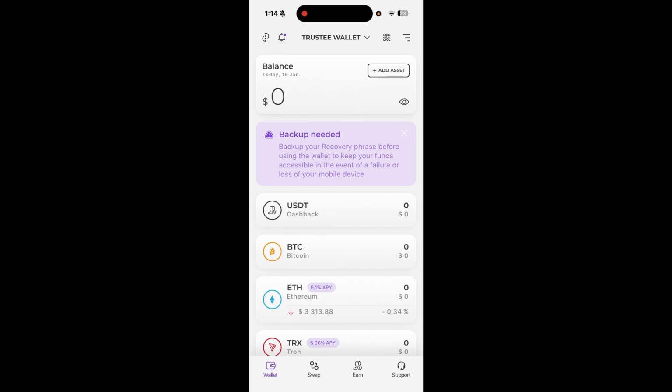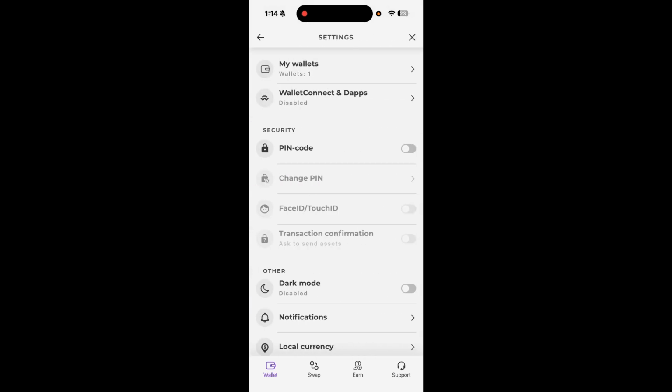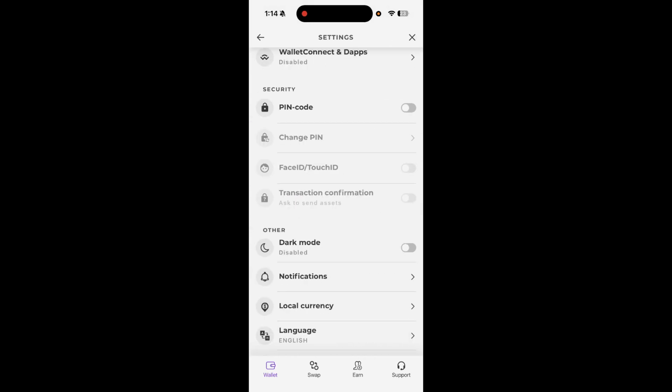And when you get into this interface, in the top right corner we can see there's this icon with three lines. You need to tap over there and you need to toggle off this pin code. And that's it, your Trustee Wallet account has been successfully created and you can now start using it to manage